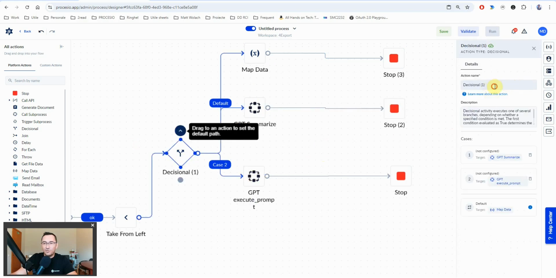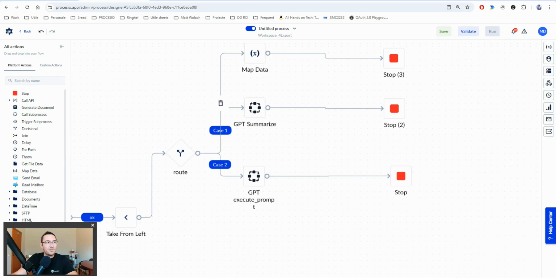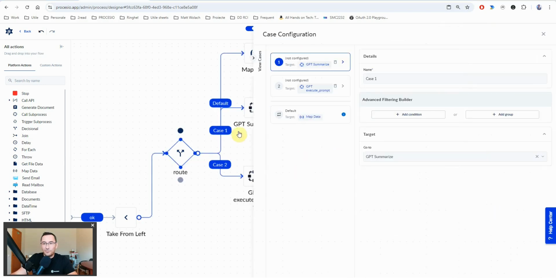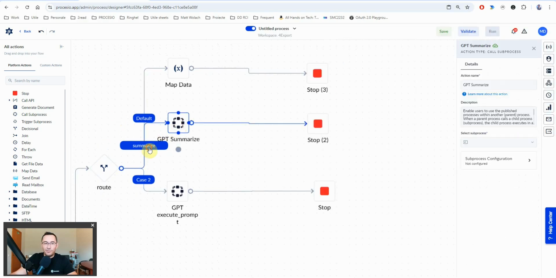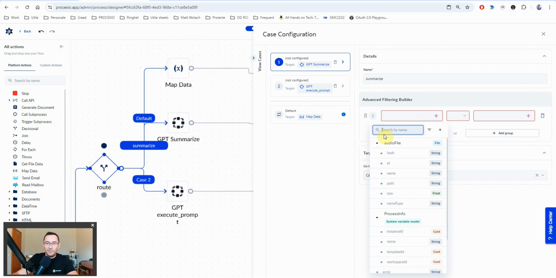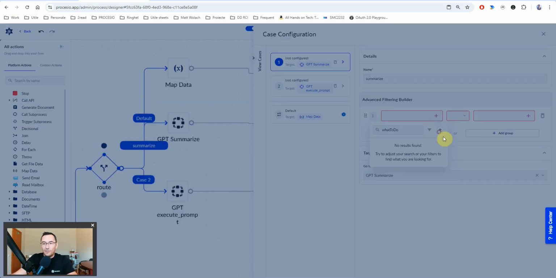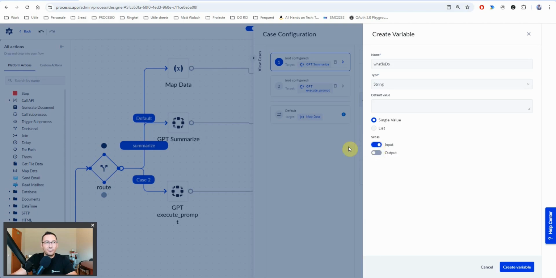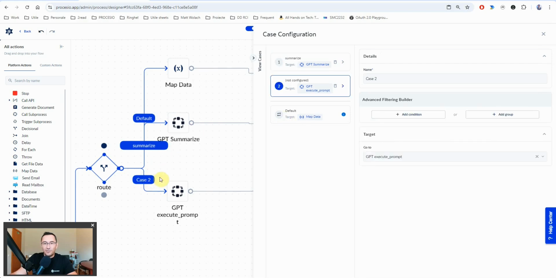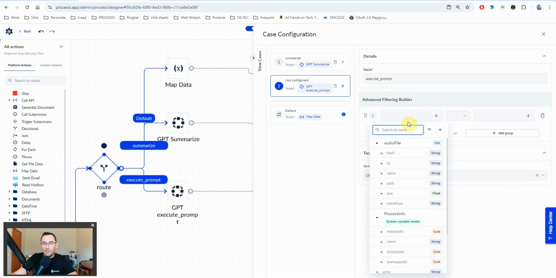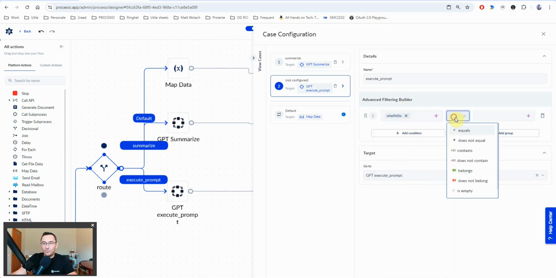This decisional is going to be called route, and on case 1 we're going to call it summarize. In order to decide if this is the right path, we will need an input variable for this, and we call this input variable what to do, and it is going to be of type string and it is going to be an input. Good, so if what to do equals summarize, then it should go to GPT summarize. Then on the second case, which we will call execute prompt, that will activate in case what to do equals